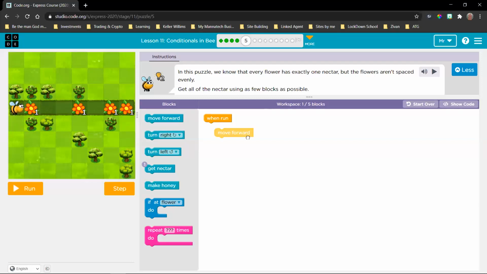So we're going to move forward and we're going to check if we're at the flower, then we want to get nectar. 1, 2, 3, 4, 5, 6, 7.